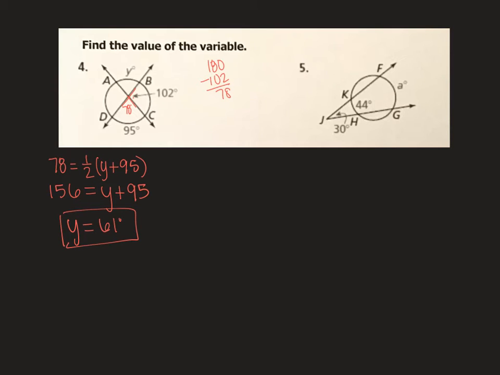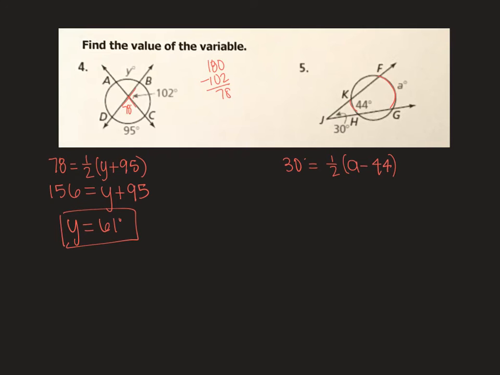So in number 5, we're doing similar things, but our lines are meeting outside of the circle. We have two secants that meet outside the circle. So instead of adding our arcs, we're going to subtract them. So that 30 degree angle is going to equal half my bigger arc, which is A, minus my smaller arc